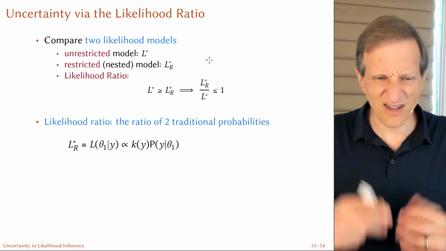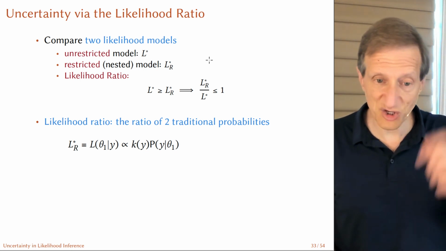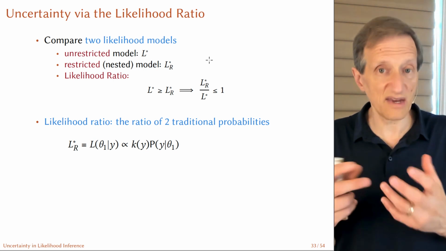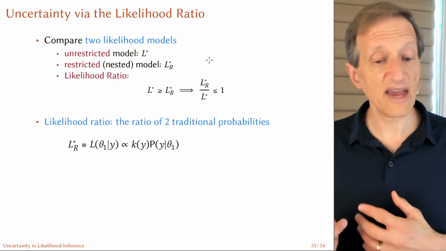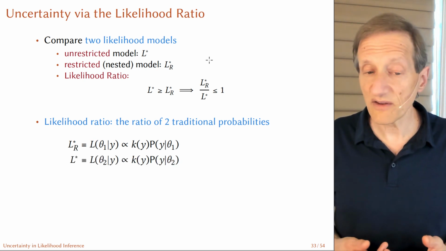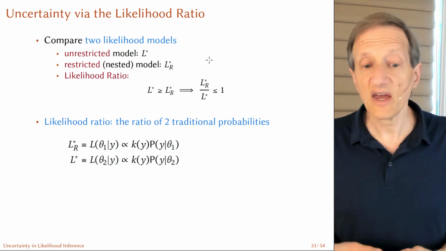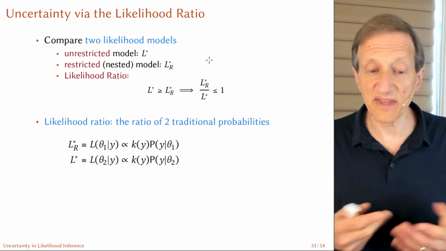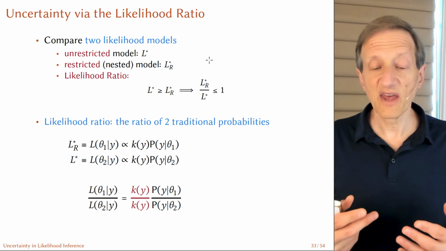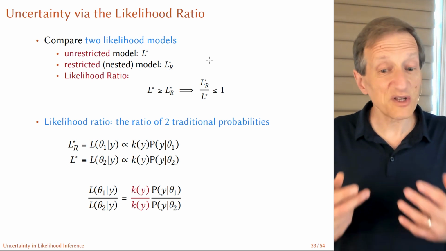So let's write this down with a little more detail. The restricted likelihood, the value at the maximum, that's what the star is: L of theta 1 given y is proportional to, and this is the definition of likelihood, k of y times p of y given theta 1. And then we have the unrestricted value, written down in much the same way, but for a different parameter value. That's L star. Now we're going to take the ratio of one versus the other, so the ratio of L for theta 1 over L for theta 2 is going to be equal to